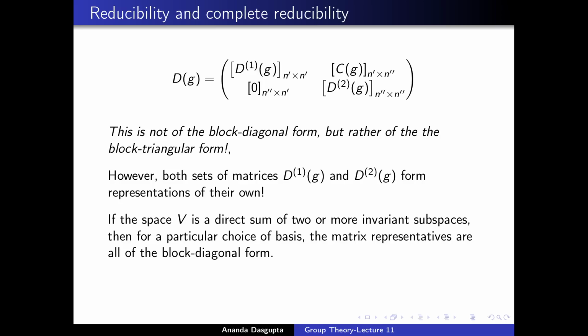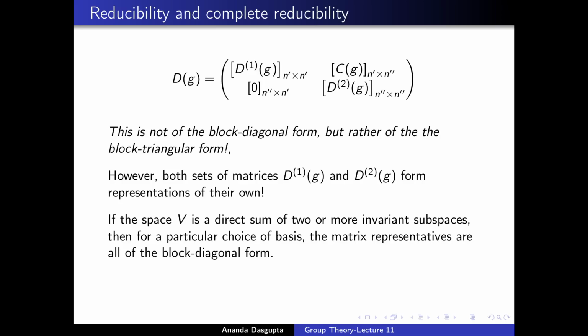Notice that here we have only stated so far that V prime is an invariant subspace. We did not make any such statement about the subspace spanned by the other basis vectors. If on the other hand, V were a direct sum of two or more invariant subspaces, not only was V prime invariant under all the L of Gs, so also was the space spanned by En prime plus 1, En prime plus 2 all the way up to En,